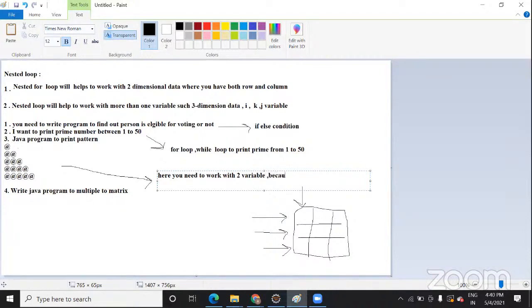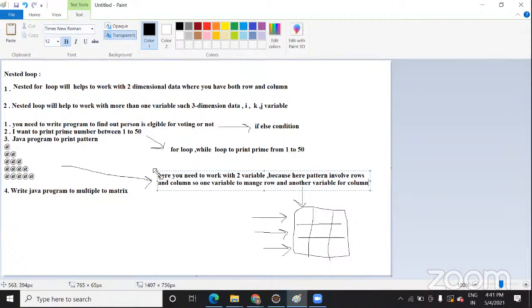Because the pattern involves rows and columns. So you need one variable to manage rows and another variable for columns. And the more important thing, you need to manage both simultaneously, right?